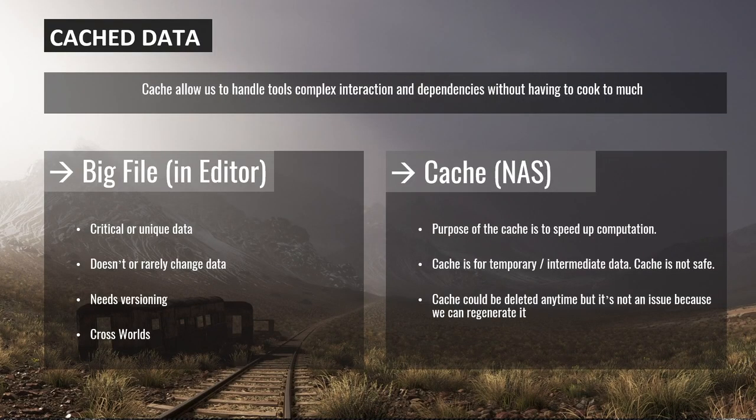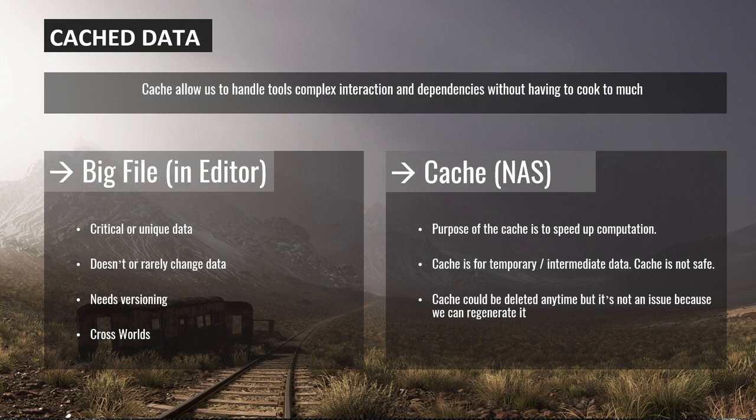We use a lot of cache data, it means. So everything we generate with Houdini doesn't go directly in the game, doesn't go directly in the big file, which is where we store all the game assets. A lot of stuff just goes on a server as cached file. If you're working on post-production, you might be very familiar using cache for simulation or everything. But for us, it was not a very familiar thing to do, but it works.